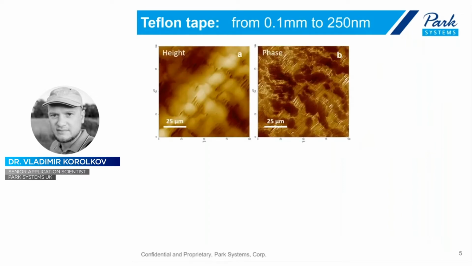As I said, AFM is unique in the sense that you can look at your samples on almost any scale. Here, for instance, we're taking a 100 micron scan of a polymer surface. But you can multiply 100 micron scans and stitch them together and build a millimeter size picture, for instance. But even here on a 100 micron scan, you can see a very rich,